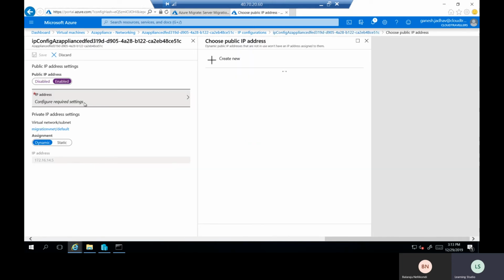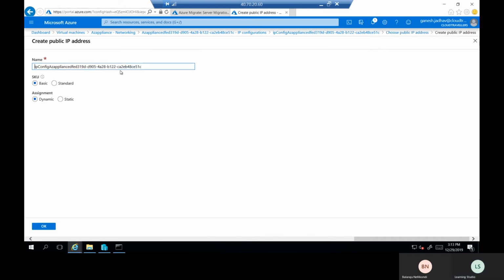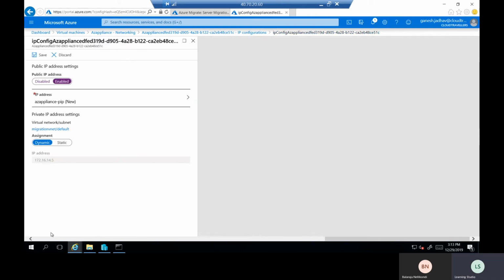So I'll click on this configure required settings. It will list if I have any free public IP addresses with me, but it says there are no public IP addresses found in West Europe. So let's create a new one, and I can give a name called AZ appliance hyphen PIP. Let's click on OK. Let's click on save. I'll perform the same things for my